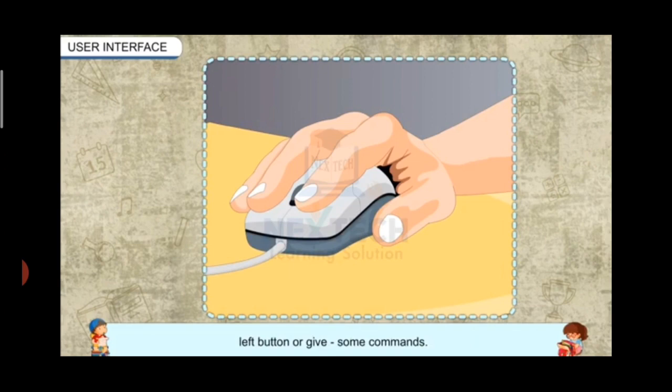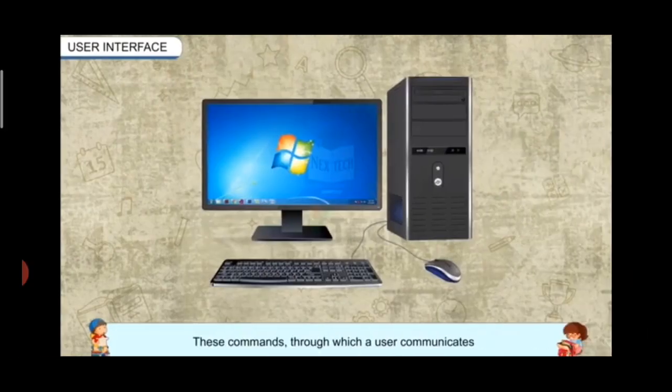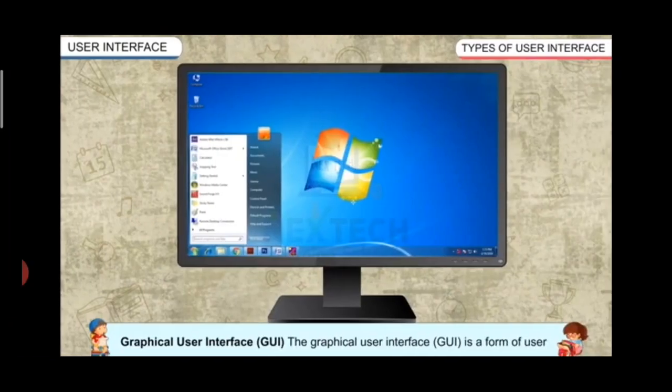By this you can give instructions or any command to the computer. Now, the commands through which a user communicates use a graphical user interface. Yes, GUI. The full form of GUI is graphical user interface. So what is a graphical user interface? It is the interface between the user and the operating system or the system, by which the user can communicate with the operating system